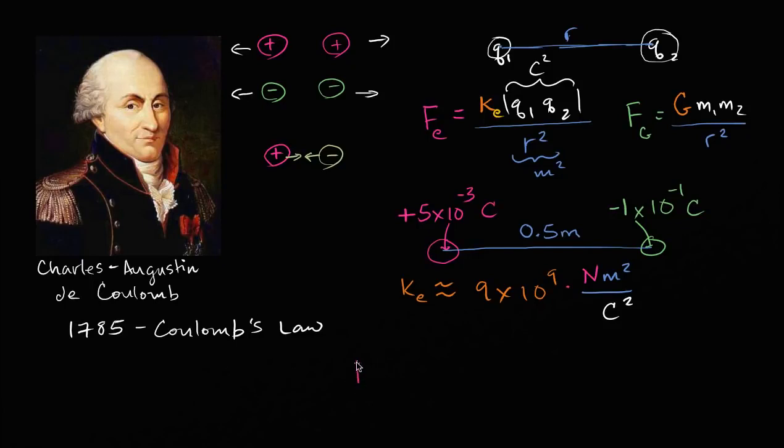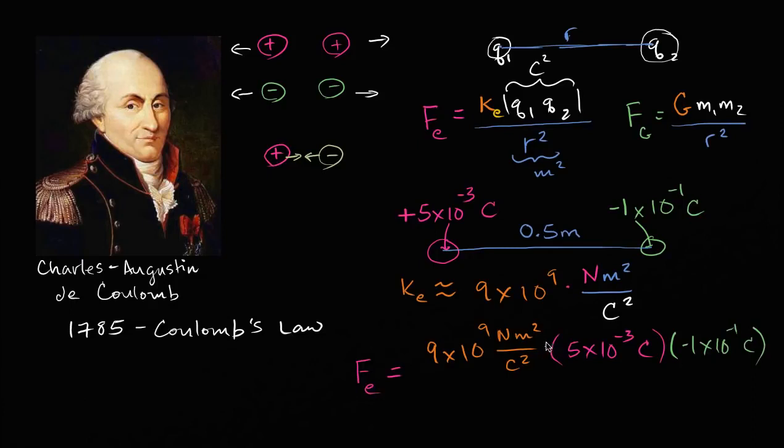So it is going to be, and this is really just applying the formula, 9 times 10 to the 9th newtons meter squared over Coulomb squared, and then Q1 times Q2. Actually, let me just write it all out for this first time. So it's going to be times 5 times 10 to the negative 30 coulombs times negative 1 times 10 to the negative 1 coulombs. And we're going to take the absolute value of this, so that negative is going to go away. All of that over